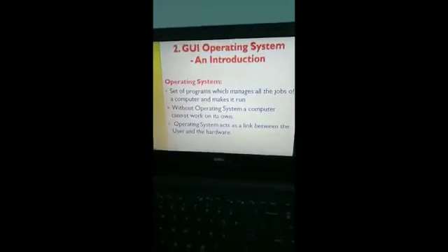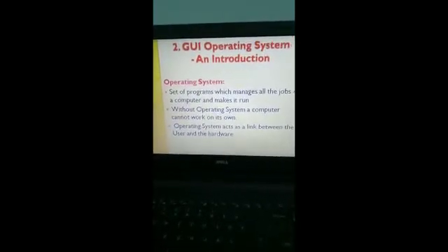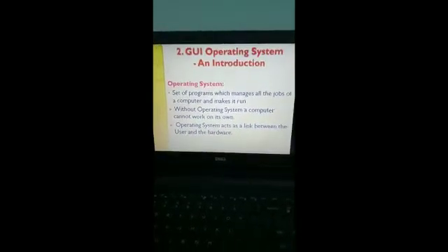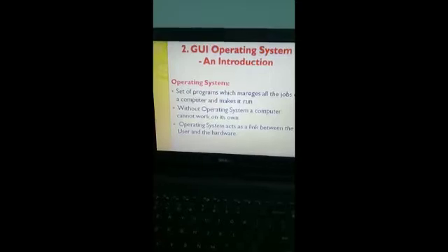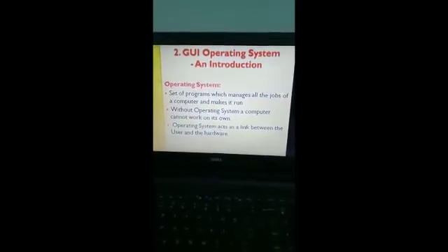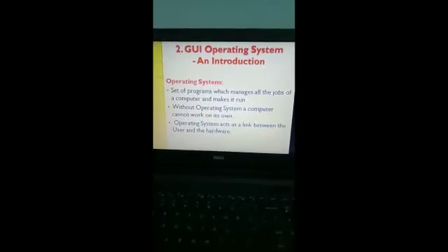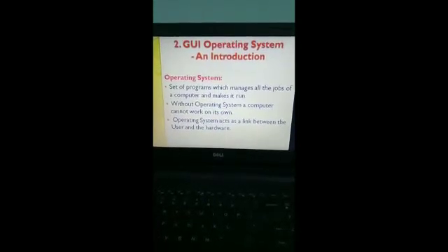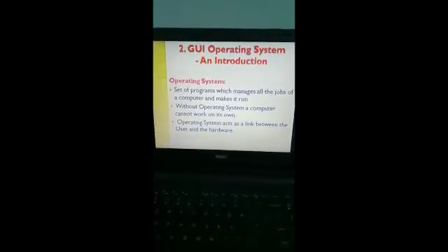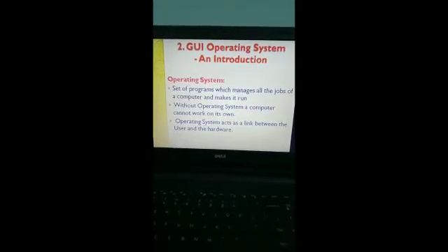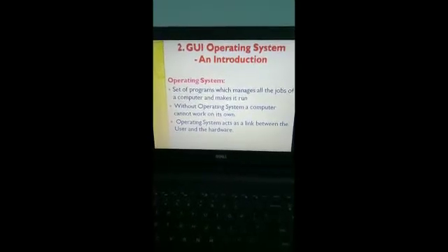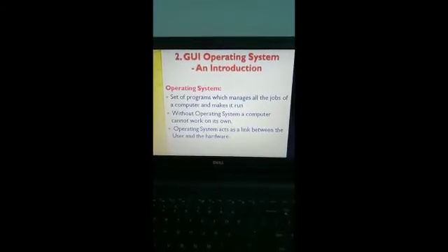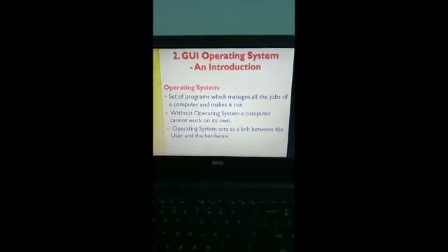So this is operating system. It is a set of programs which manages all the jobs of a computer and makes it run. Without operating system, a computer cannot work on its own. It is the operating system which acts as a link between the user and the hardware.